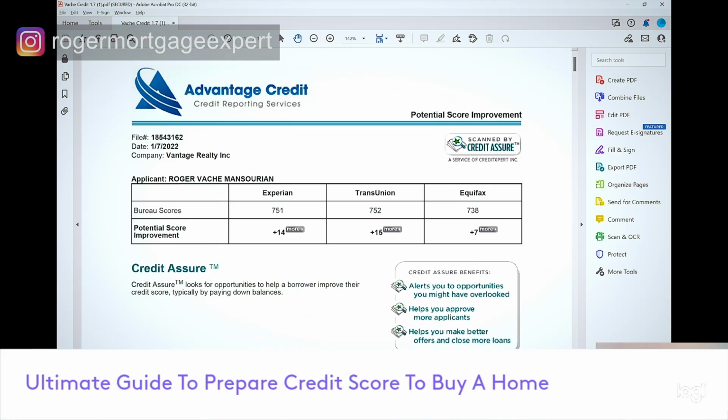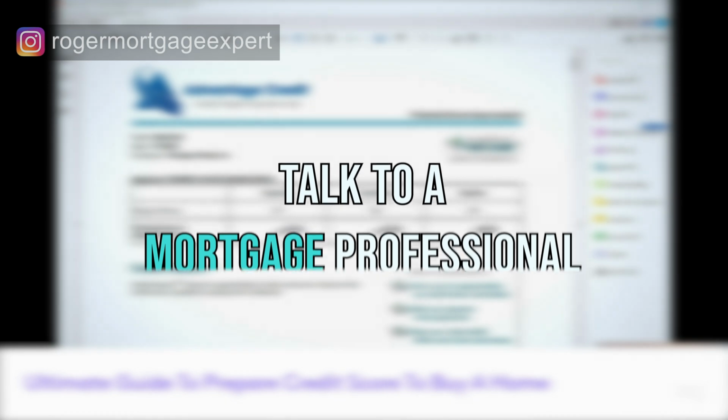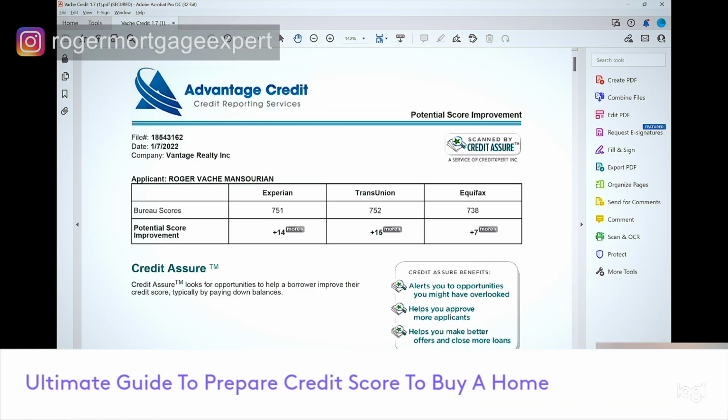All right, guys, one more thing you can do is talk to a mortgage professional like myself. The reason is we have tools that may not be available to the public. As you see here, this is a copy of my credit score. Don't worry, my social is not on here or anything, but as a mortgage professional, we have certain simulators. As you can see below my credit scores, there's a +14, +15, +7. That means there's something on my credit that can be improved. And if I just click this button, which I can't go into detail on right now,